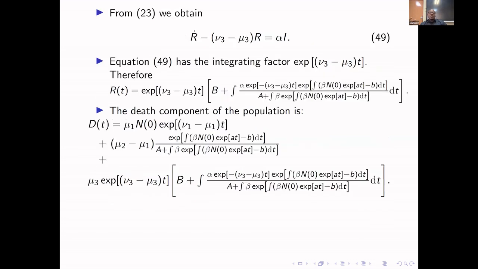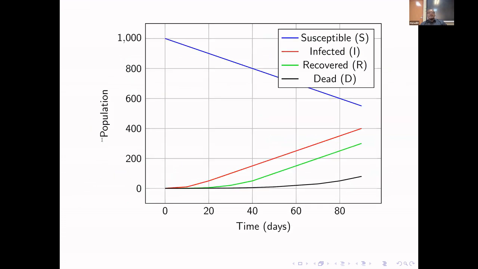And the remaining two are first order. The first one is 49, which leads us to find the number of recovered population, and then we find the number of dead population. Okay. And now here we just do some plotting. I plot those solutions to check the reliability of my solution.